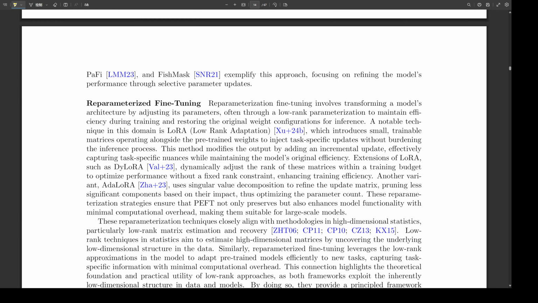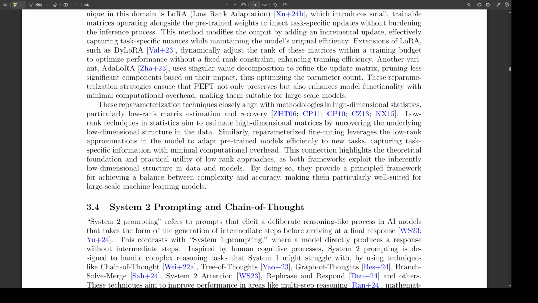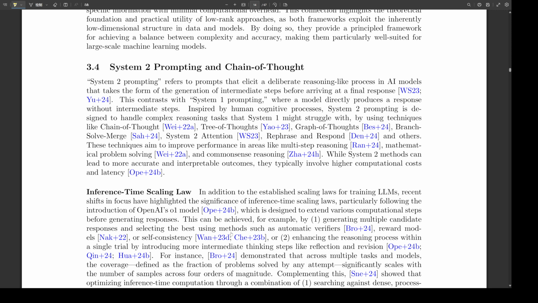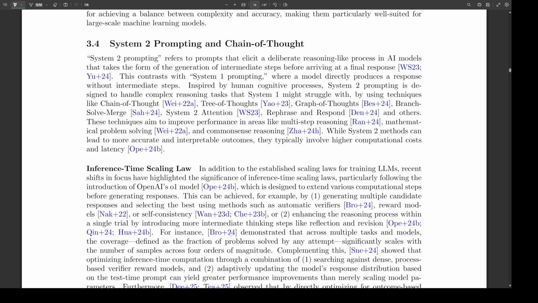Exactly. So it's essential that we have a way to quantify how certain the model is about its outputs. We want the model to be able to say, I'm pretty sure this is correct, or I'm not so sure about this one. So it's like providing a confidence score alongside the generated text. Exactly. This helps users understand how much to trust the model's output, which is especially important in high-stakes situations.